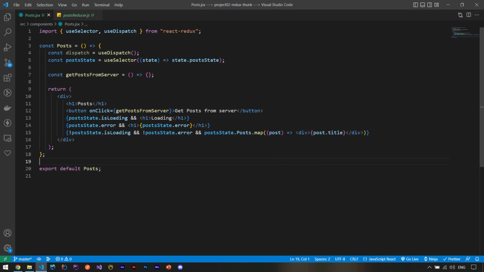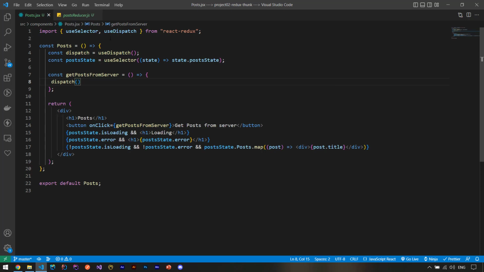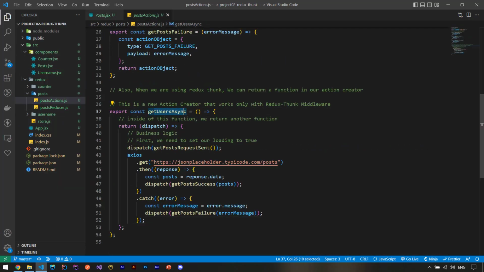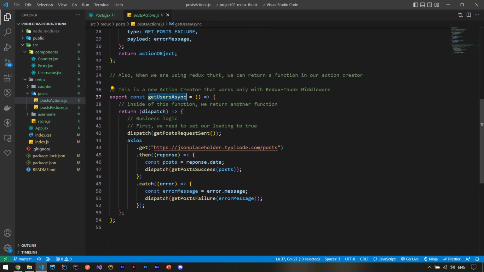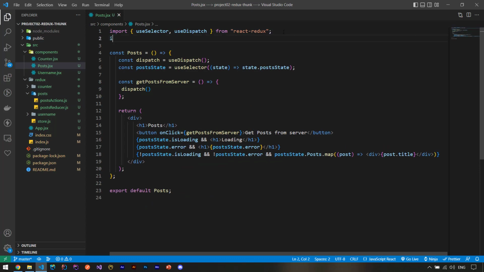And when we are clicking on this button, we say that get post from server. So here we need to dispatch, and we dispatch what we want to dispatch. Let me show you in actions. We need to dispatch this action, and it will handle all of everything we want inside of it. So we need to import get users async from actions. So let's import it